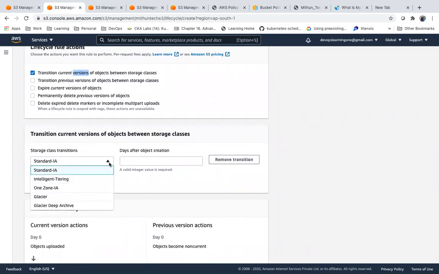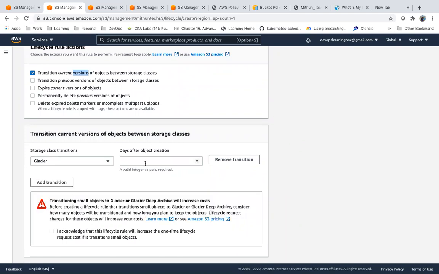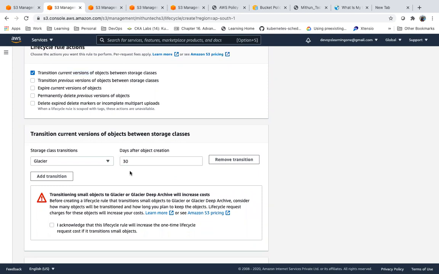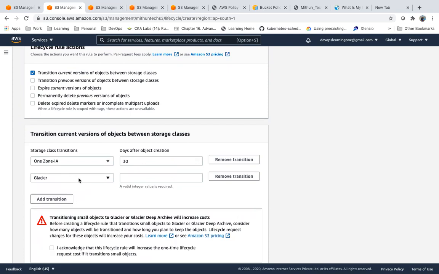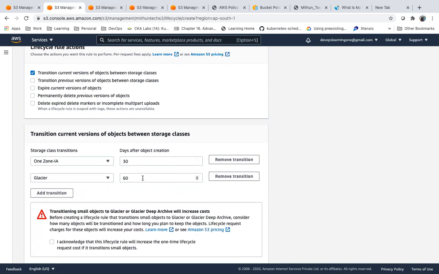Something like this. I want to directly move to Glacier after 30 days, I can define. Or I want to do something like this. One Zone IA is nothing but RRS. After 30 days to RRS, after 60 days to Glacier, I can define something like this.